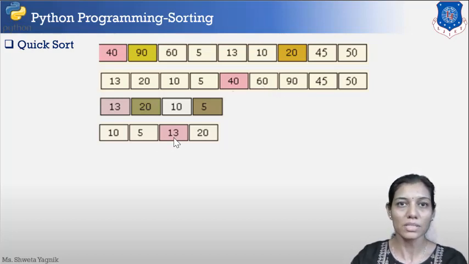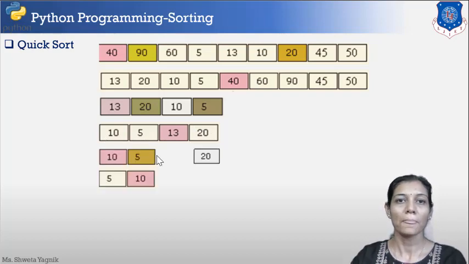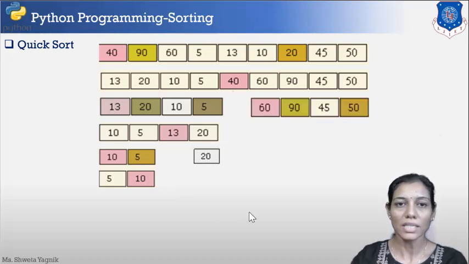So here also the same characteristic persists, that is, the right hand side elements are greater and the left hand side elements are lesser than 30. Again we will divide, and 10 is considered as the pivot. Based on that we'll again reposition the pivot so that the left hand side will remain lesser in value. So we keep dividing until we are left with a single element. The same process will be repeated towards the right hand side.